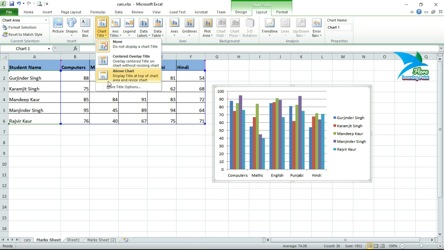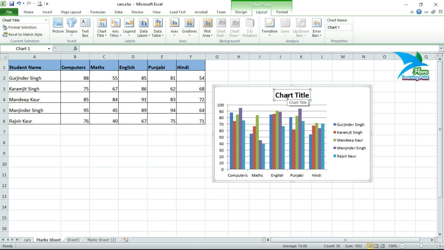If you want to create a chart title, we have two options for where to display it. I'll use Above Chart, so just click on this option, and here we have the chart title. Just click inside this box, and now you can see the blinker is here.